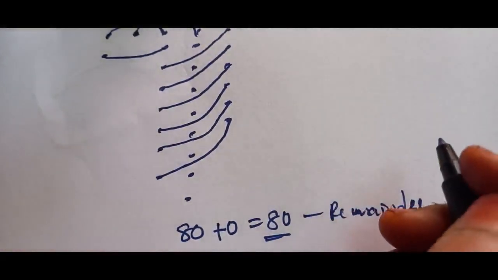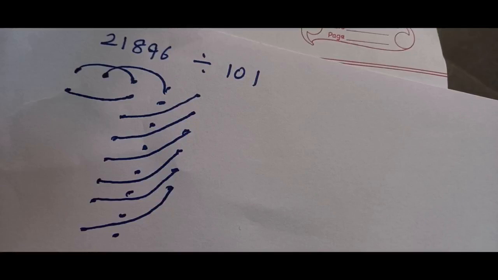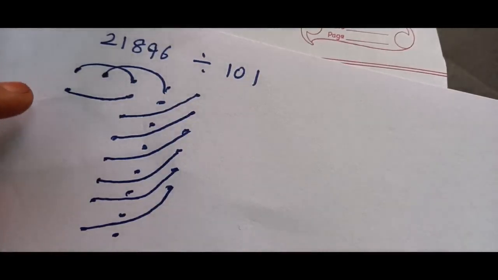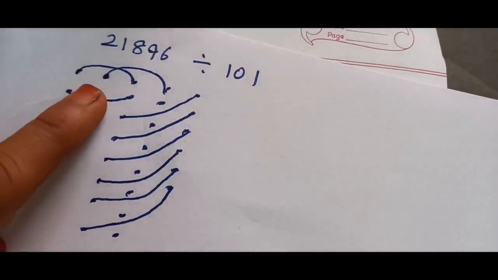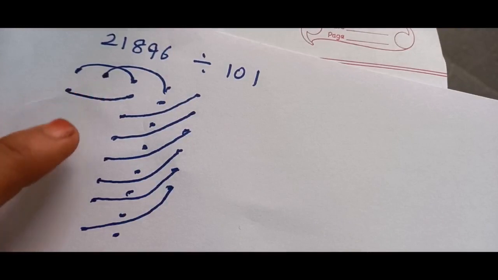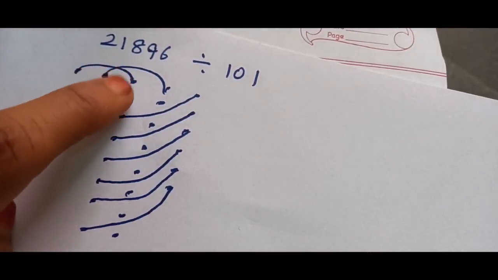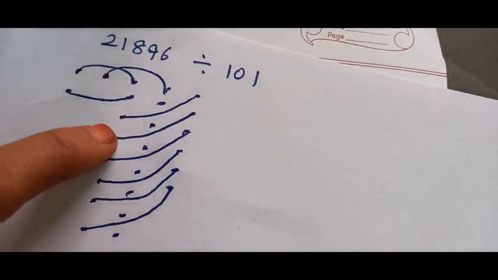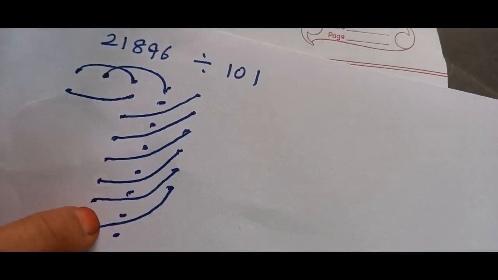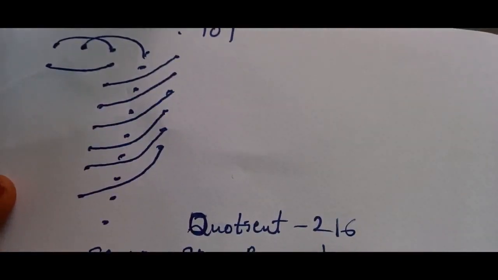Then what about the question? Count starting points. See here, we need to take starting points, no? In the first column, 1, 2. 2 is there, so write 2 here. Next in the second column, only 1 point is there. So write 1. In the third column, these 2 we should not count because these 2 are ending points. Only we need to take starting points. So 1, 2, 3, 4, 5, 6. Write 2, 1, 6. The quotient is 216.